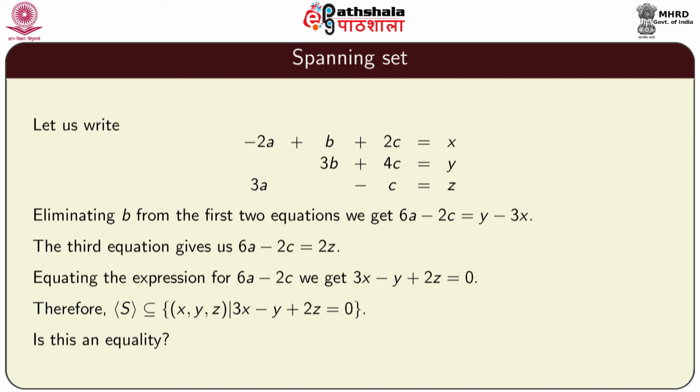If we eliminate b from the first two equations, we get 6a - 2c = y - 3x, and the third equation gives us 6a - 2c = 2z. If we equate the expressions obtained for 6a - 2c, we get 3x - y + 2z = 0. You know what this is. 3x - y + 2z = 0